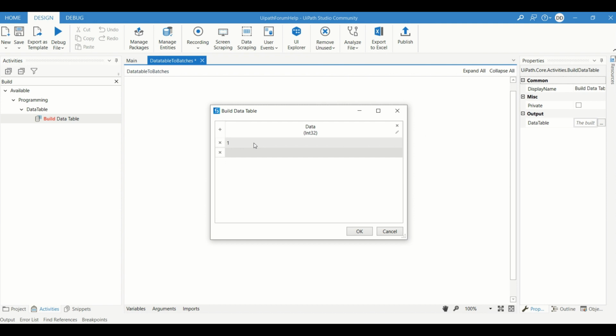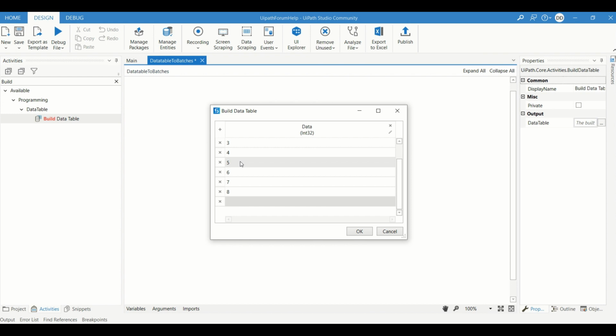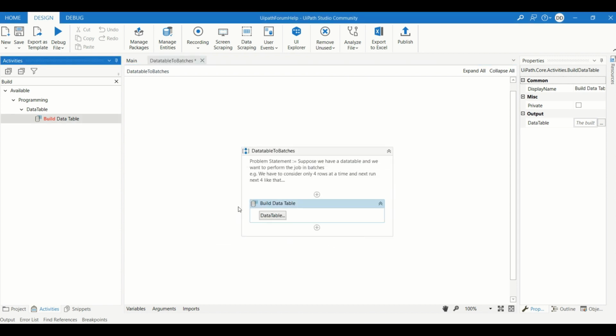Let's do it till 10. 6, 7, 8, 9. You can take n numbers. I'm just taking it for example. So here's the data.